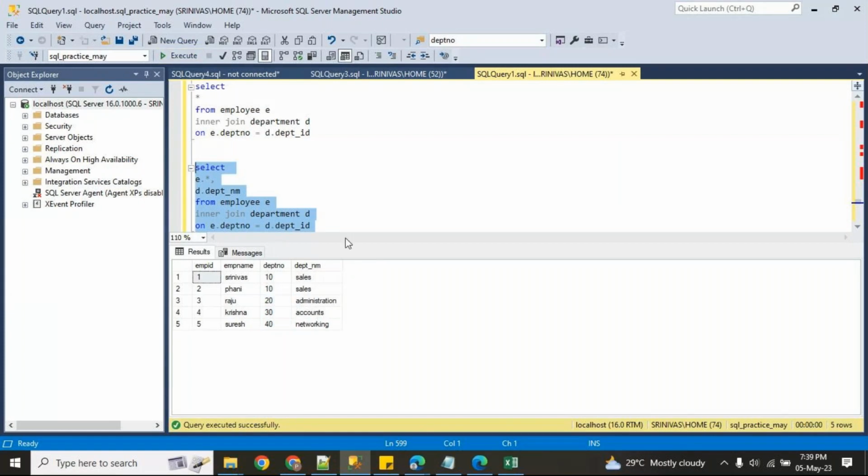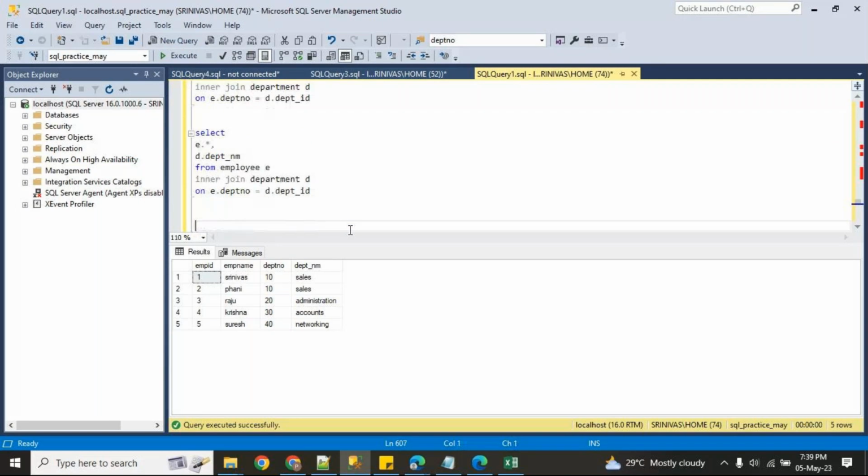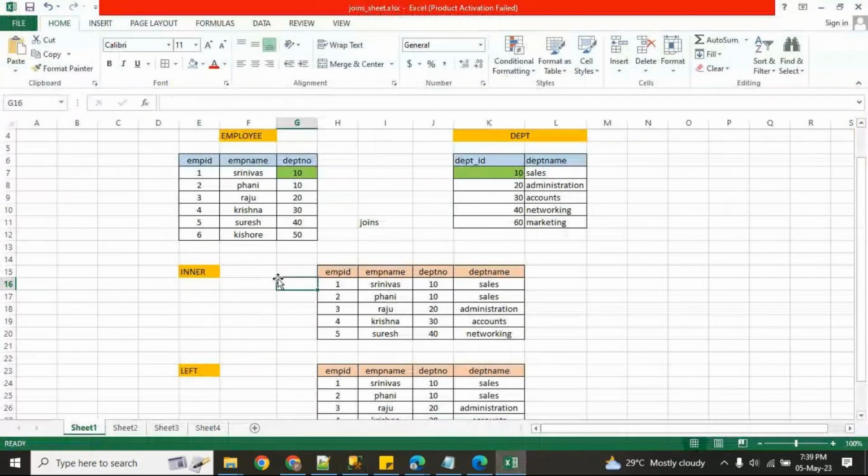Okay. Now this is the inner join. Now observe the Excel here. For the 50th record, we don't have any match, so it will not be considered in the output. Because for the 50th department there is no matching department here, so you will not get anything. Now